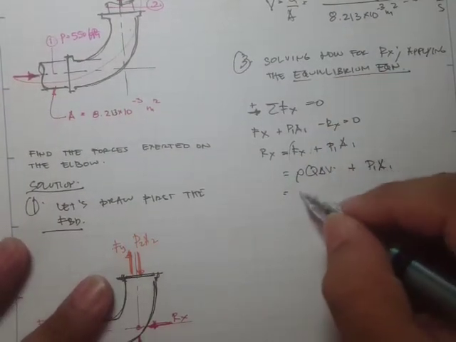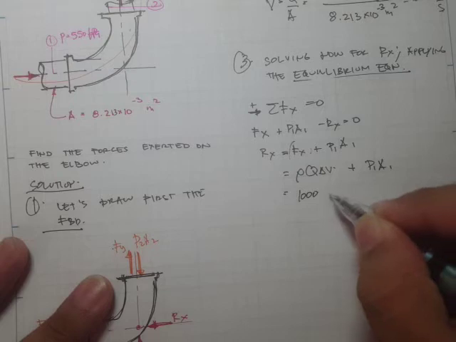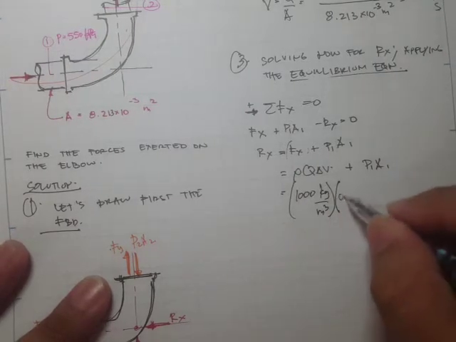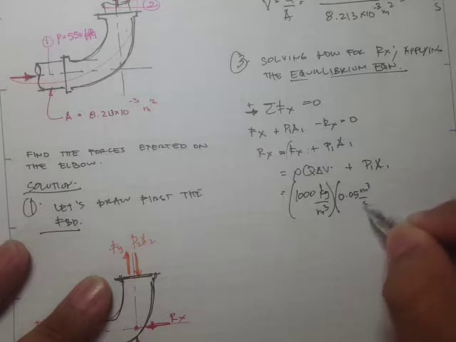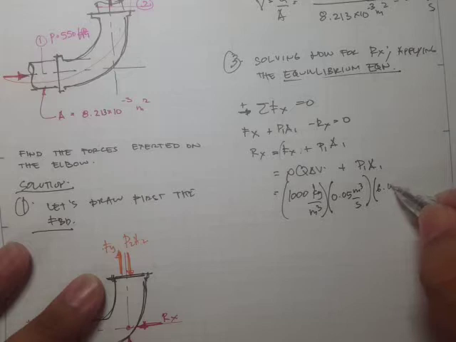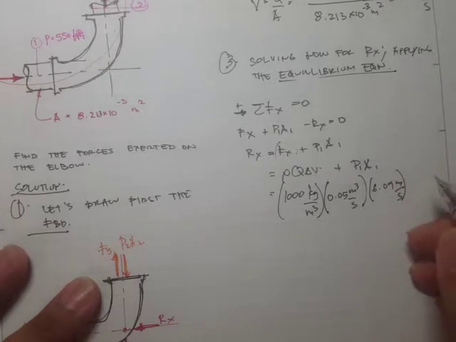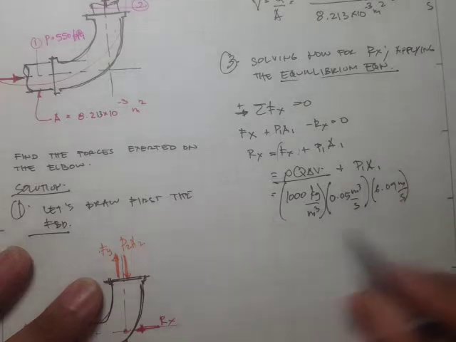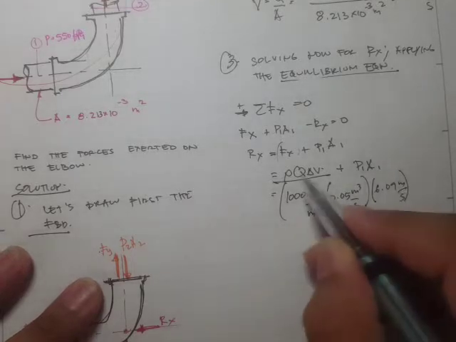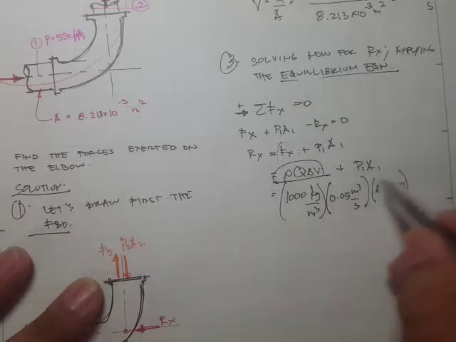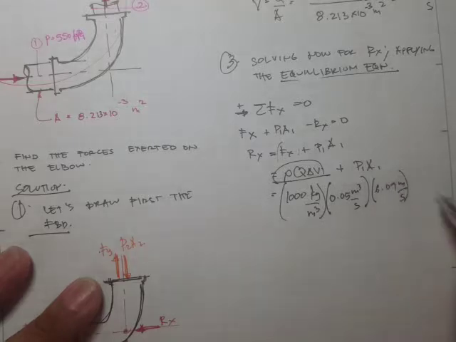Okay, so now let's substitute all the values. We have 1000 kilograms per meter cubed for the density, and the Q is 0.05 meter cubed per second, and our change in velocity is simply 6.09 meters per second. Okay, so this is equal to this term. Now we need to add another force, the force due to pressure. So plus